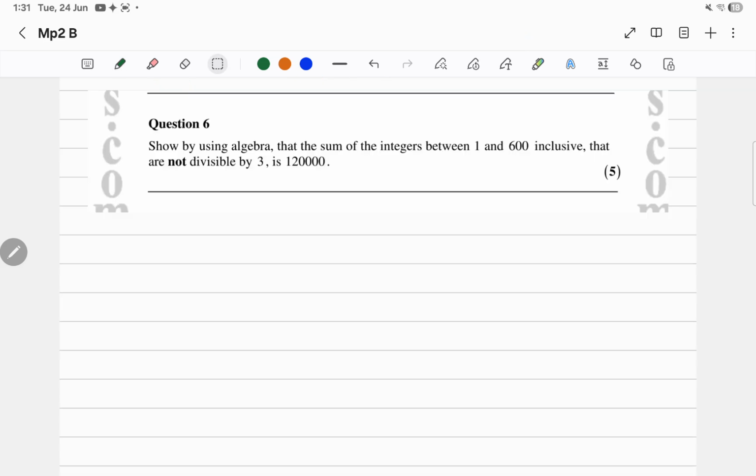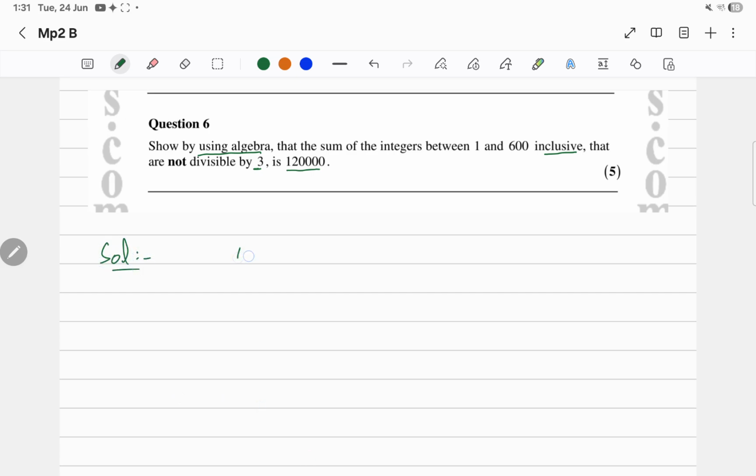Okay, so the next question, number 6, is show by using algebra that the sum of the integers from 100 to 600 inclusive that are not divisible by 3 is this number. Okay, so if you consider